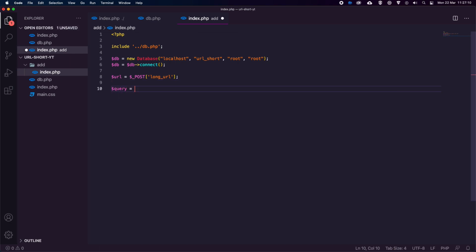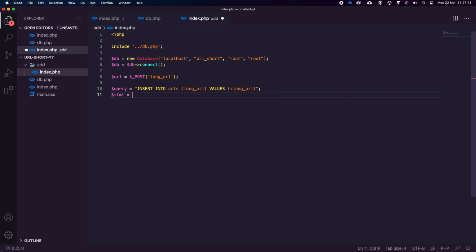We're then going to create a query. So we need a MySQL query string, and this is going to say insert into, and now we need to pick our table name, which is URLs. And then we need to pass through what the values are. So we'll be passing through the long URL. We're then going to say values, and this is actually going to be bound to :long_url here. Now, you're probably wondering, that's not the variable we're using up here, and that is correct. This isn't, but what we're going to do is use PDO to actually prepare this